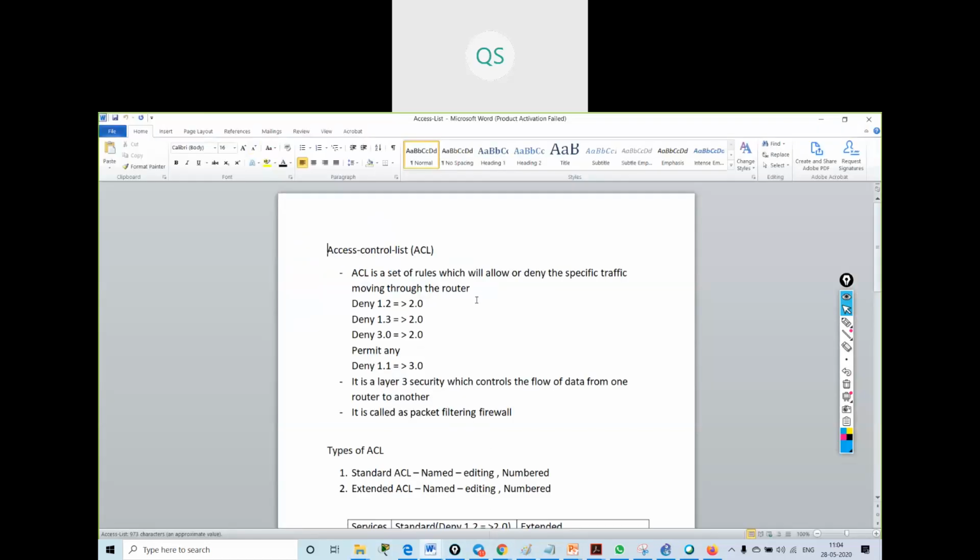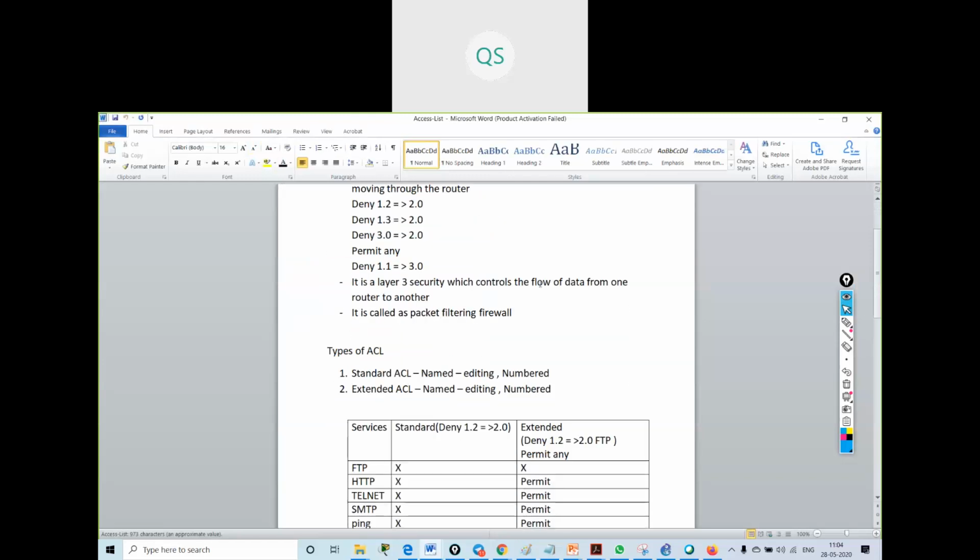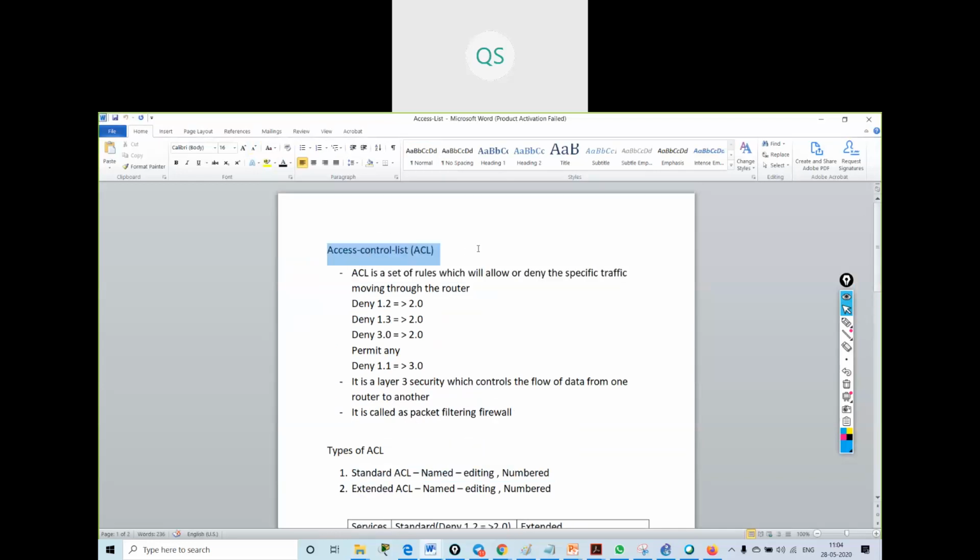Then in that access list we have standard and extended ACLs. Okay, so we have seen this thing, access control list. What is access control list? Access control list is a set of rules which will allow or deny the specific traffic moving through the router.